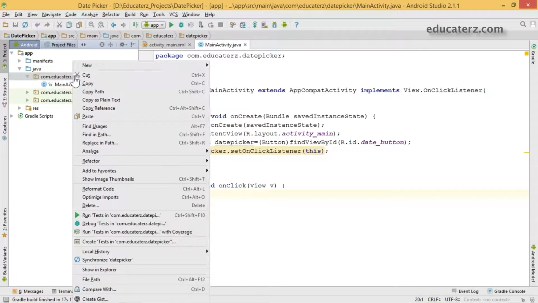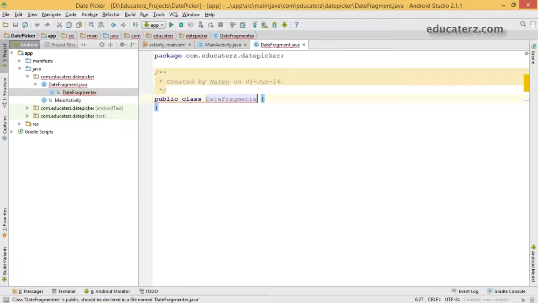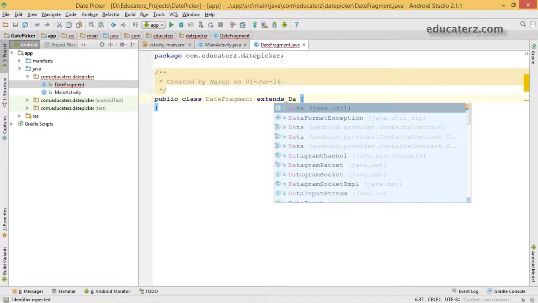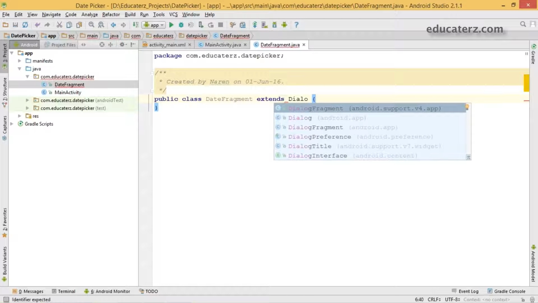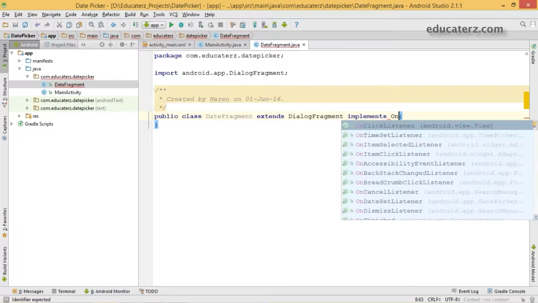The same procedure: right click on your package, create a new Java class, name it as date fragment. Date fragment class extends dialog fragment of your support, or directly you can take this dialog fragment, and here we will implement on date set listener this time.